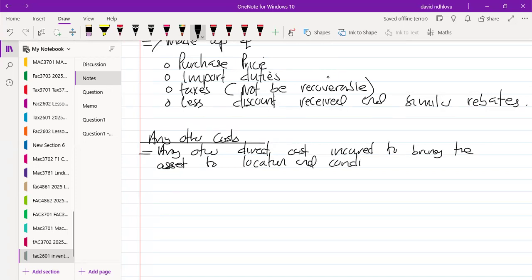When we say this is a direct cost, we are simply saying this particular cost was incurred because of the purchase of the inventory or because of the inventory that we have. Without that particular cost,